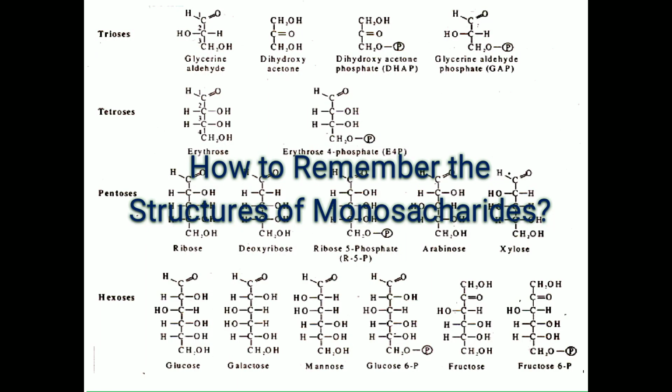Arts Biology. In this lesson, we are going to learn how to remember the structures of monosaccharides easily. We will be discussing how to remember the aldose sugar structures easily in this particular lesson, and keto sugars we will be discussing in the next lesson. By going through this lesson, you will be permanently storing the structures of all aldose sugars in an easy way, and you will never forget them even if you do not revise for 1 month. So it's an easy way to remember all the structures of monosaccharides.